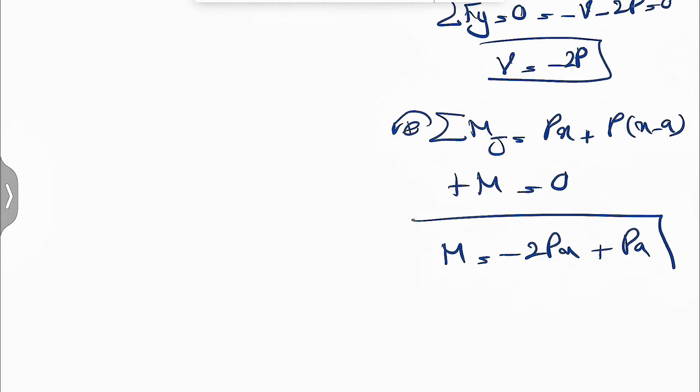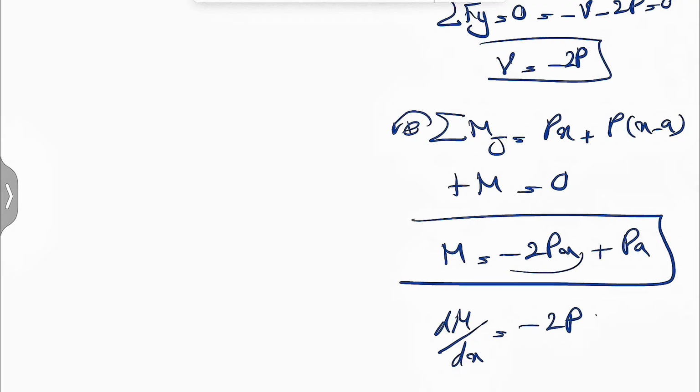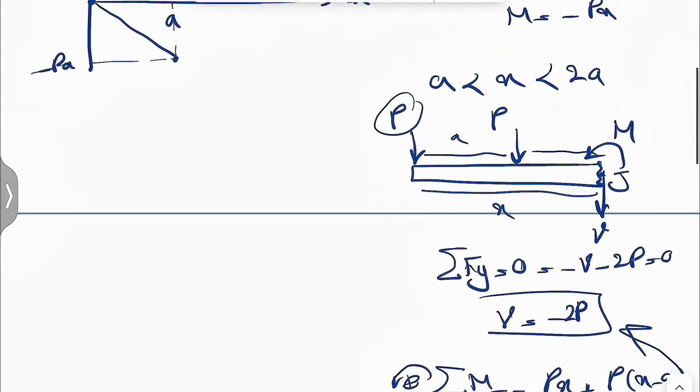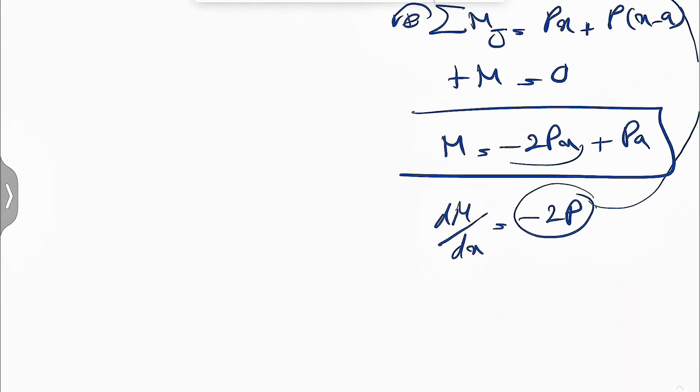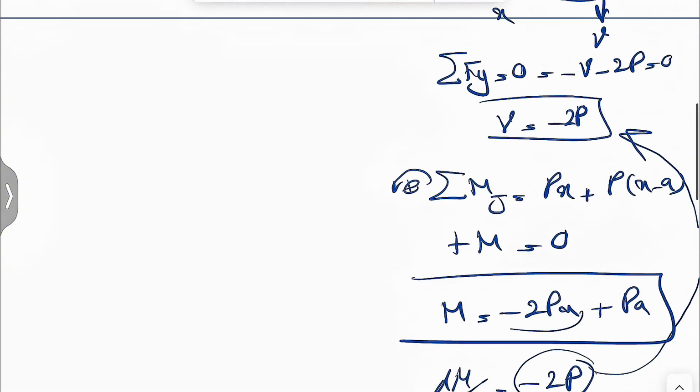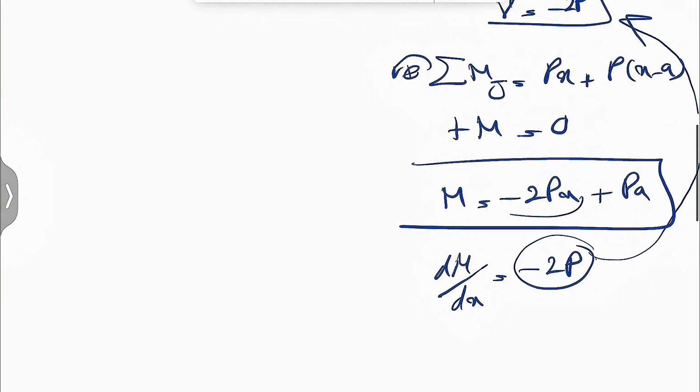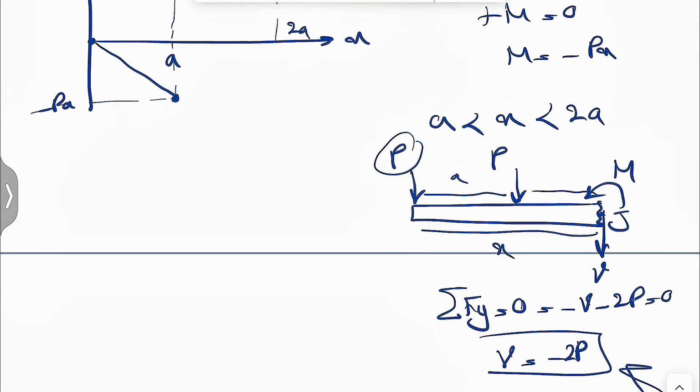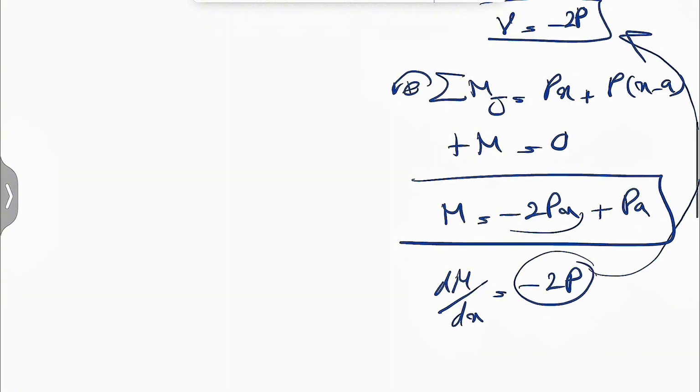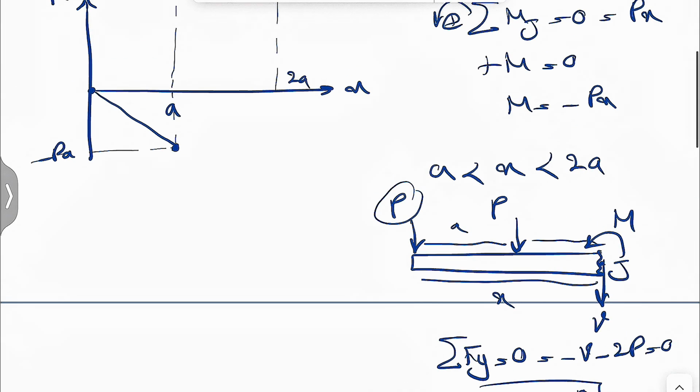plus Pa. Again, just to double check, do a differentiation of dM over dx, and this should give you the V, which we can see is going to be negative 2P. That's what we found in here. Everything's good. And the curve we can see starts from negative Pa. If you put x equals a, which is our starting point, we have negative 2Pa plus Pa, so negative Pa, which is what we had in the previous step. And here we can see that if we just put 2a at this point, we have negative 4Pa plus Pa, so our ending point is going to be negative